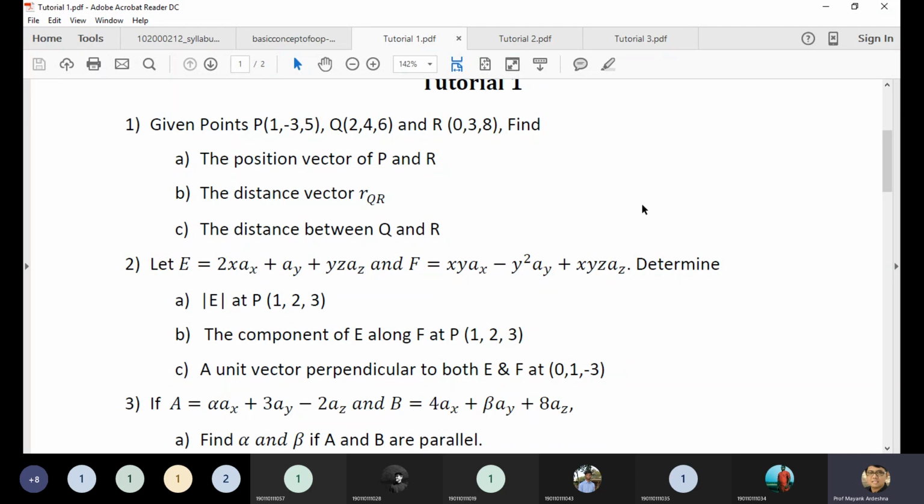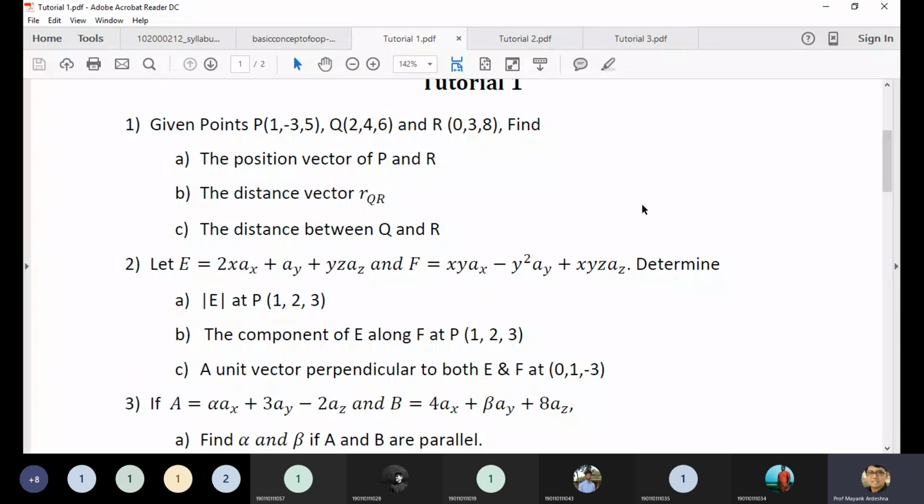So we discussed these three types of vectors, and based on this we can add, subtract, multiply, as well as divide vectors. Whenever you deal with multiplication of vectors, suppose you have two different vectors and you multiply them, the resultant answer may be a scalar or a vector. If it is a scalar, then it is nothing but a dot product. If it is in vector form, then it is considered a cross product.